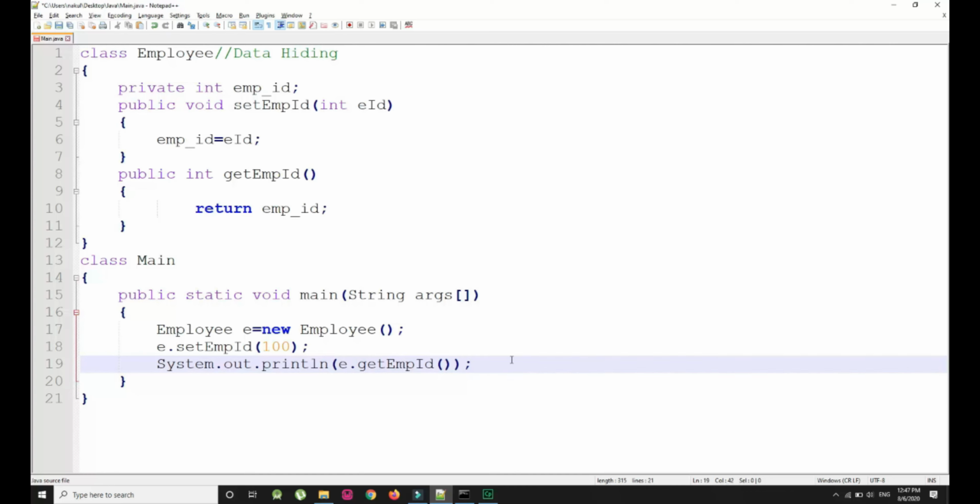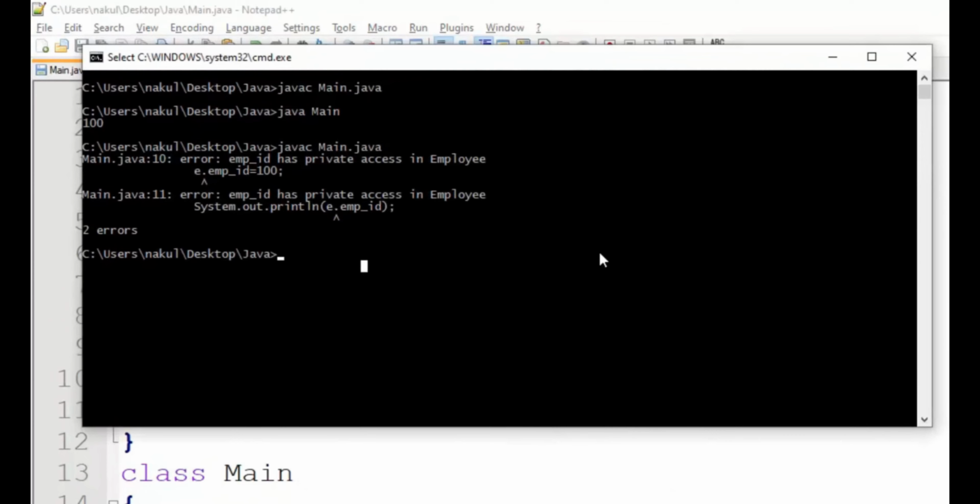So let me save this code and try to run it in our command prompt. So we have the command prompt here, then javac Main.java. This is how I have compiled my program, and I am going to run this code. So we got the same output here. What does it mean?